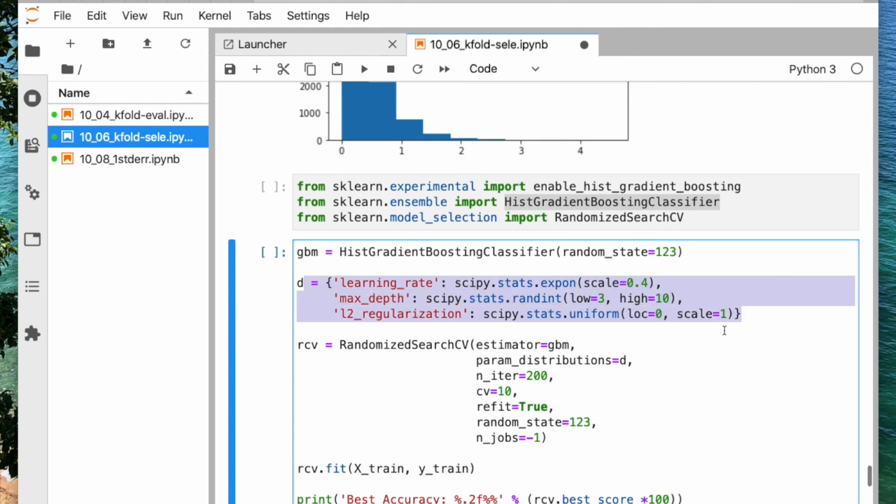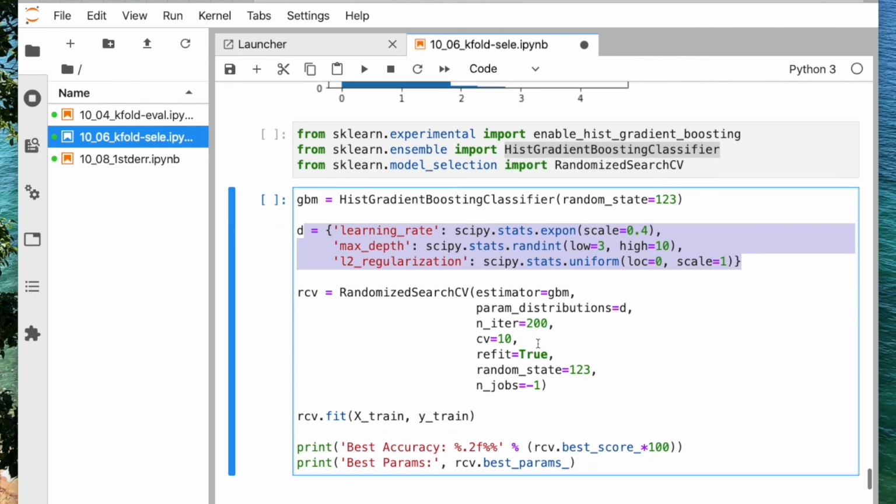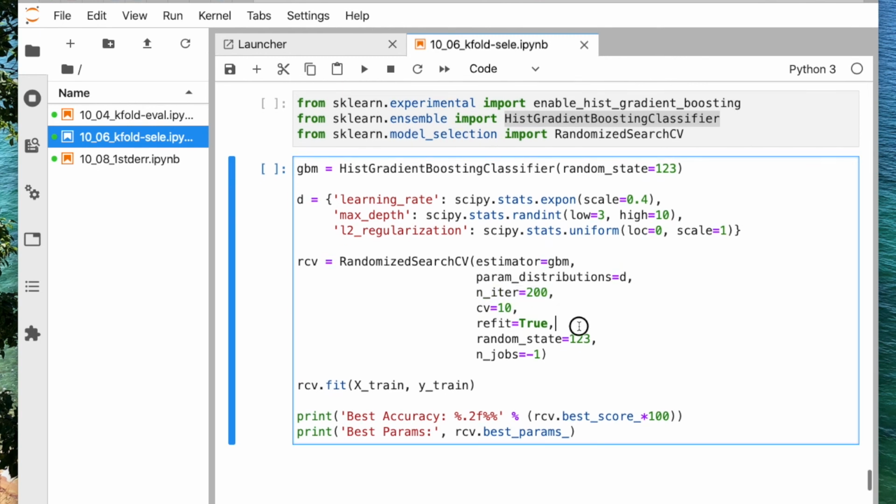I use just 3 distributions, and then I'm using it similar to GridSearchCV. You notice this is very similar to GridSearchCV. I have an estimator, I have my parameter grid, I have CV, which is k-fold cross-validation, stratified k-fold cross-validation if this is a classifier. There's also the refit, and there's also n_jobs. What's new is the random state, which controls how values are sampled from the distributions and in which order. And what's also new is the number of iterations. So here I'm looking at 200 candidates.